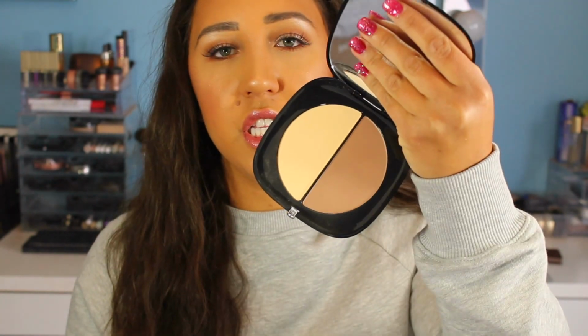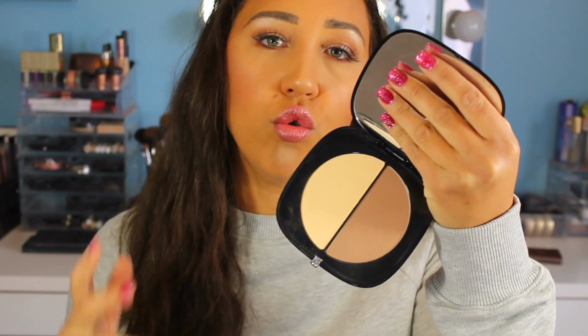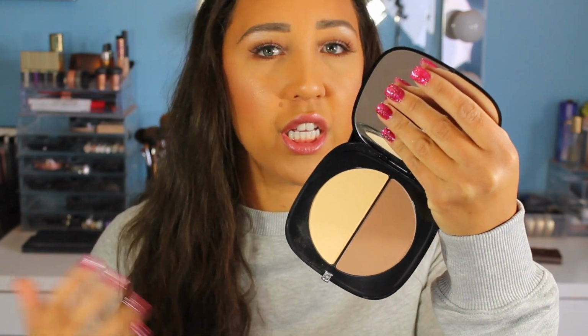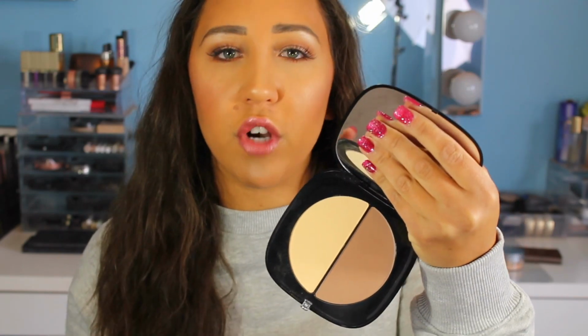So where these two do differ is in the darker shade. If you look at the Marc Jacobs one, it's definitely more of an actual contour powder. It's got that nice gray undertone to it that really works well for creating shadows under your cheekbones and wherever else you want to put it. Whereas the Wet n Wild one is definitely more of a bronzer rather than a contour powder. It's definitely warmer. It doesn't have that gray undertone to it,